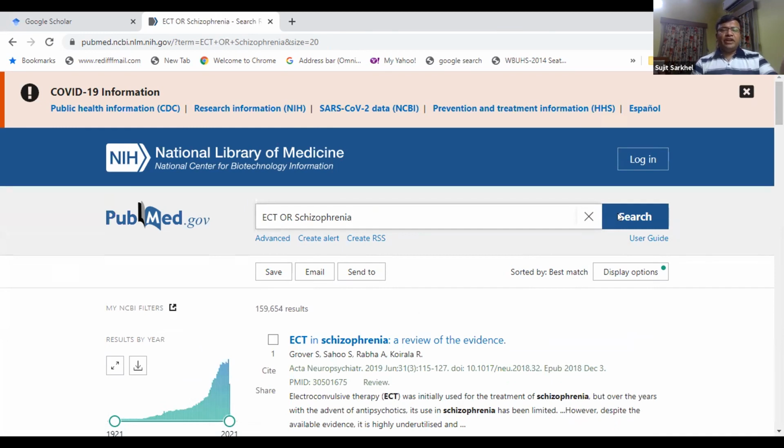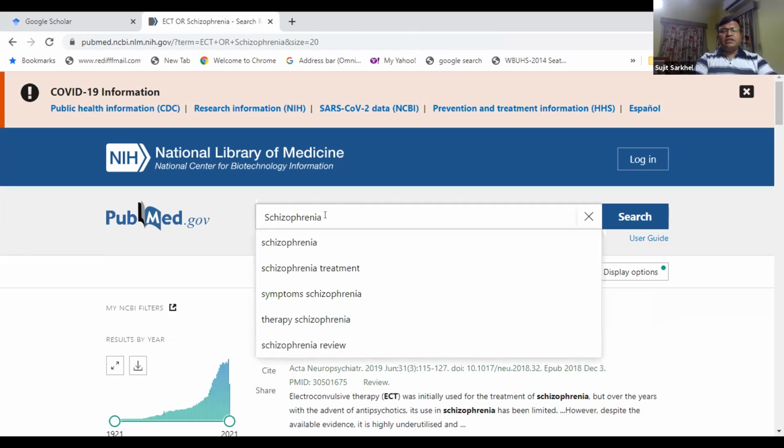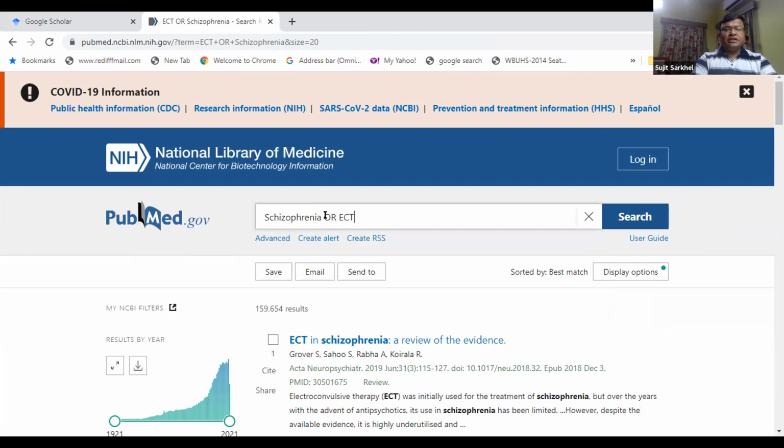It is 159,654 results compared to 1012 only in the previous one. So OR is to be used with caution, only in certain cases where it is relevant, and definitely not in this case. The reverse search, schizophrenia OR ECT, yields the same results.